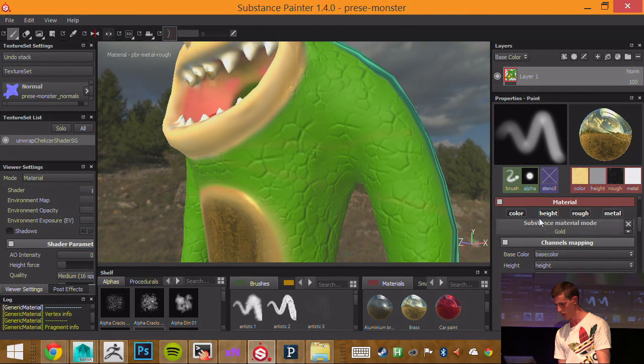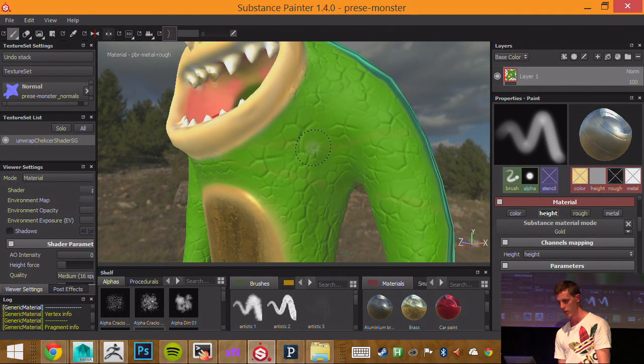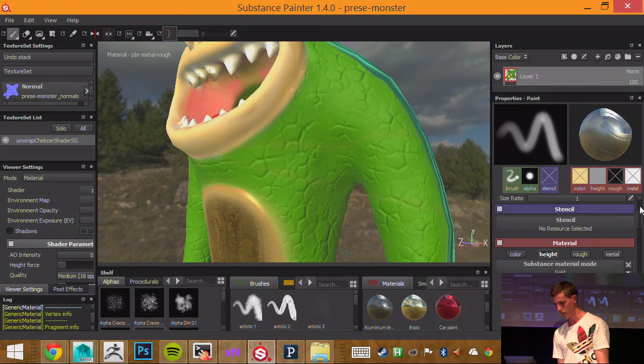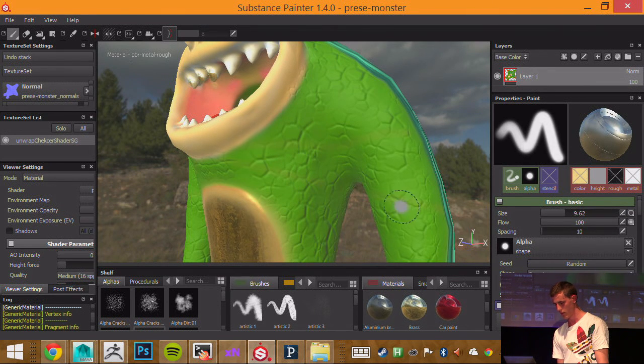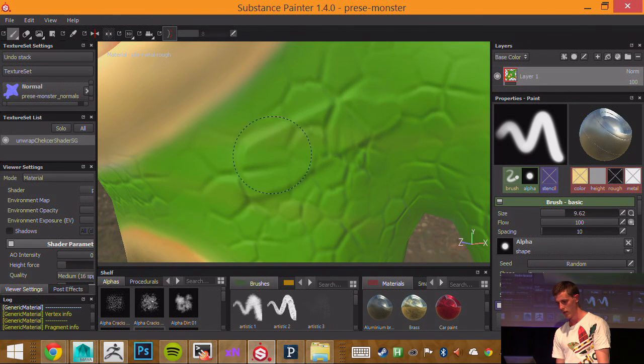That would be using these little buttons. Now I'm only working on the height layer, and as you can see, as I paint, it's basically creating